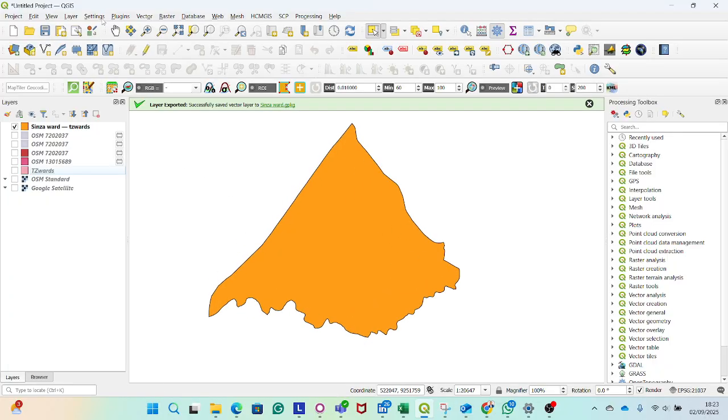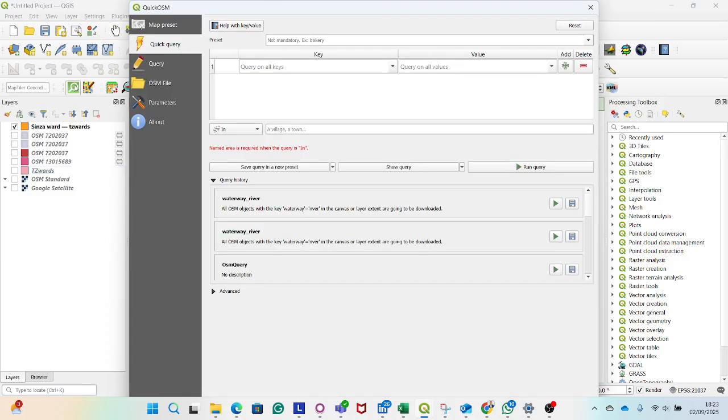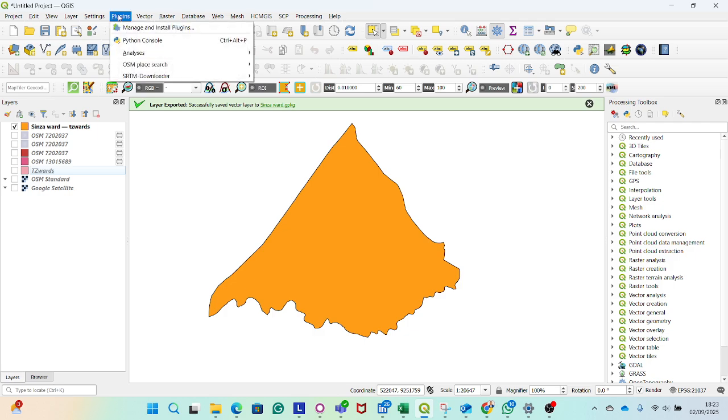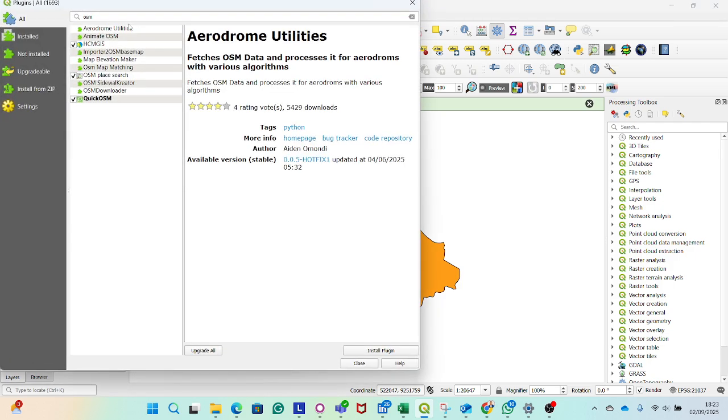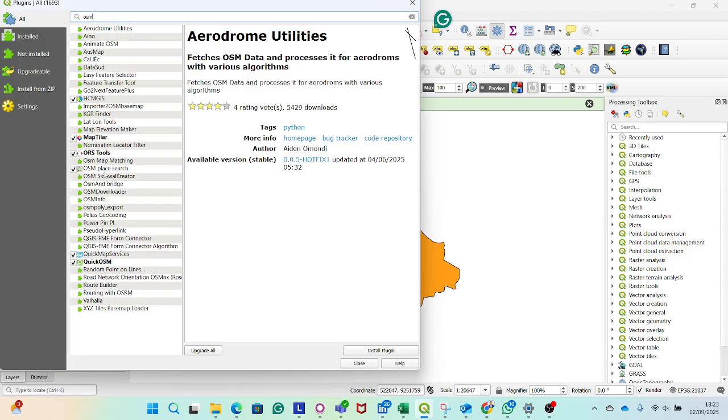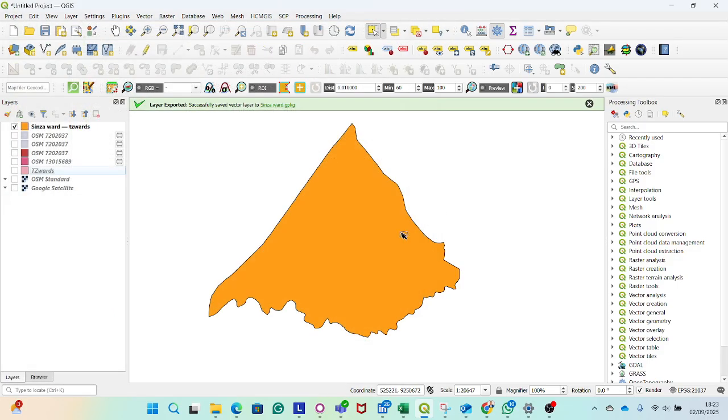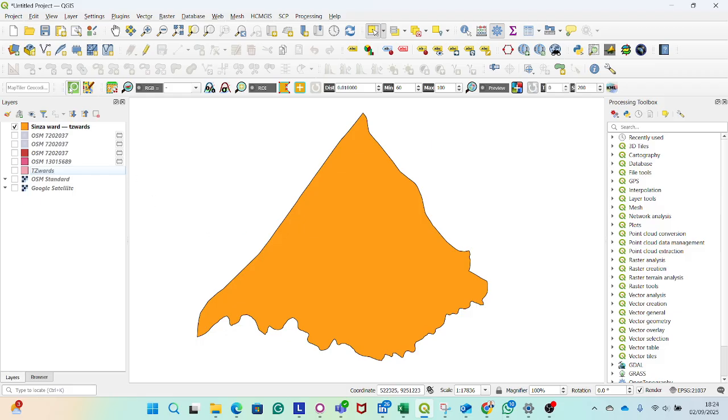You just have to go to plugins and install QuickOSM. No, not QuickMapServices, this is QuickOSM, for OpenStreetMap. So just go to plugins and manage your plugins. If you look for QuickOSM, it is right here. Upon install, we are going to use QuickOSM to extract